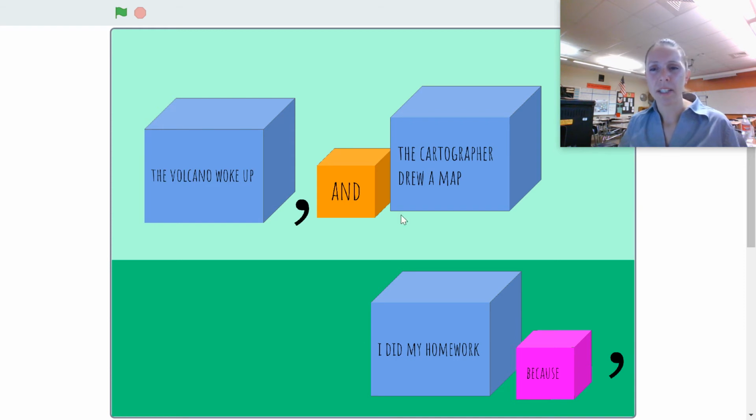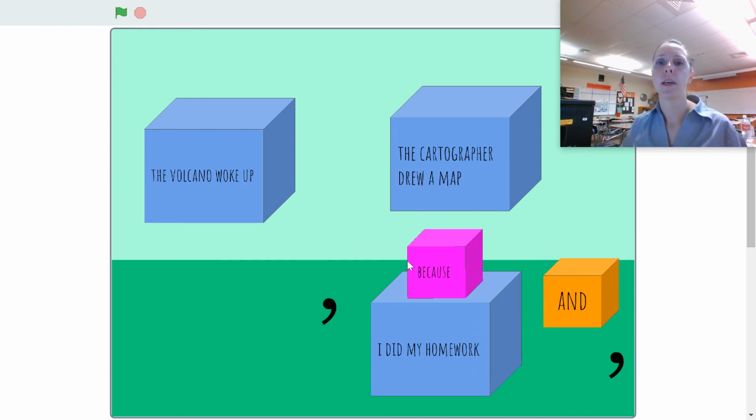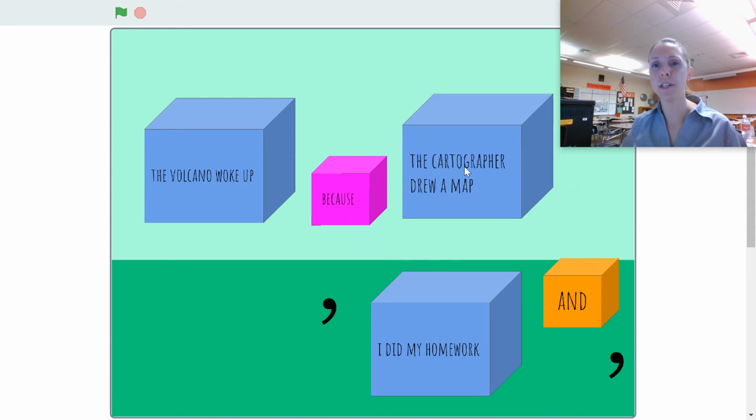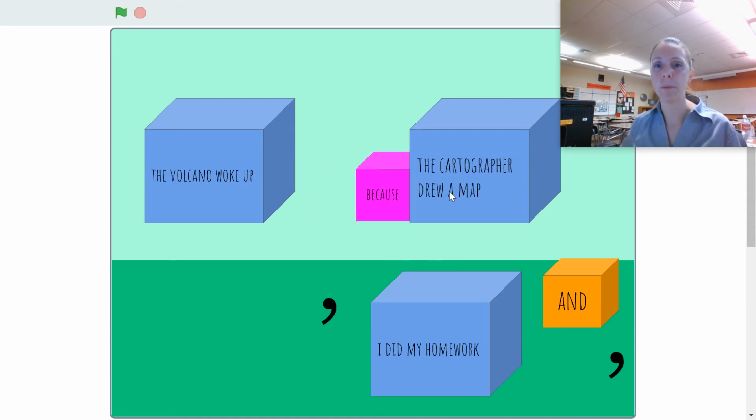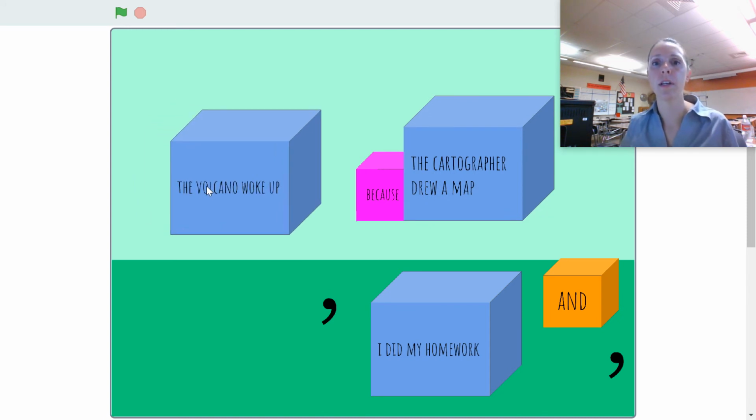And then our complex sentences are the most complicated version. A complex sentence is made of two different kinds of clause because remember, our subordinating conjunction doesn't get to split from the rest of the clause. It's part of this clause here. And there are two ways we can have a complex sentence built. The volcano woke up because the cartographer drew a map. Or,